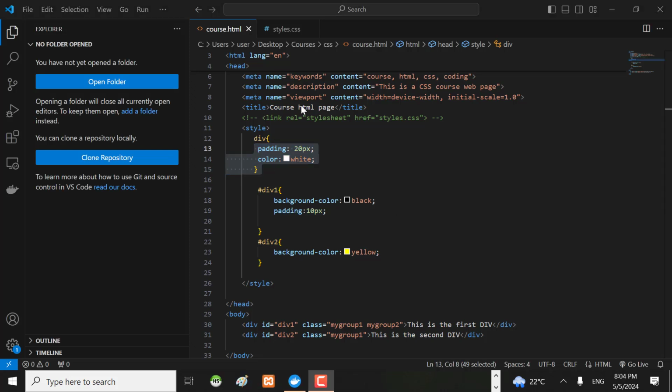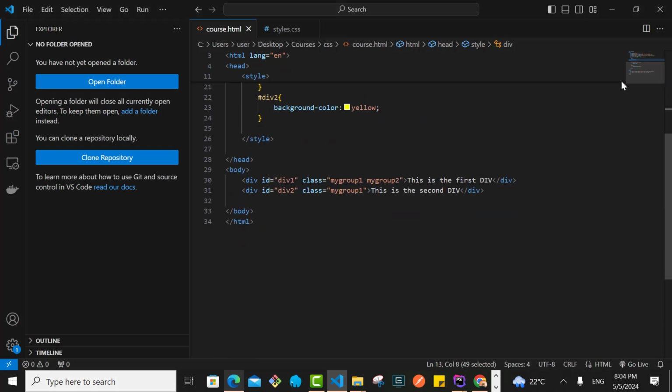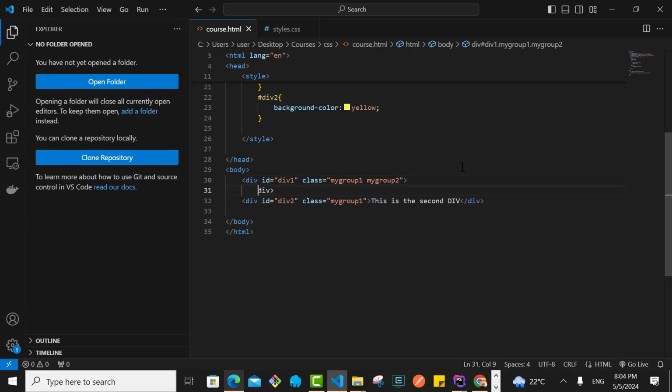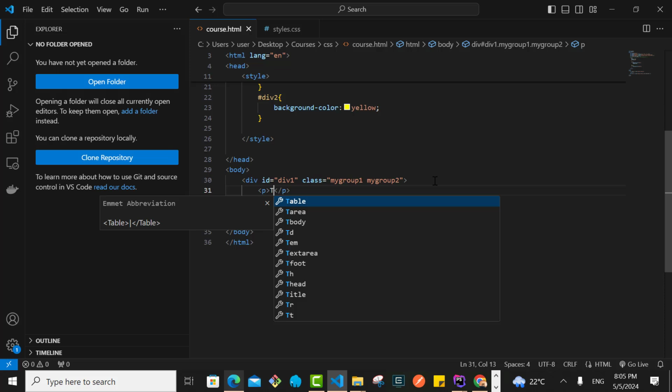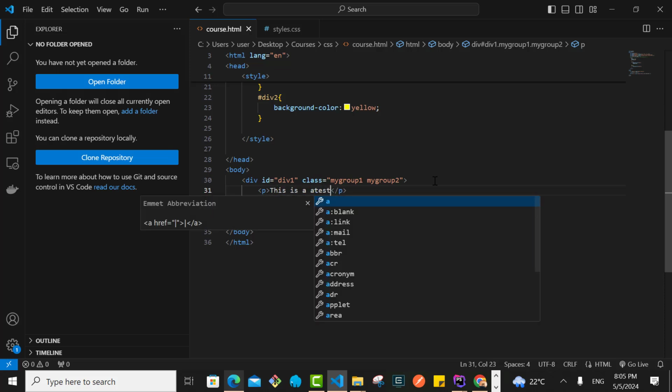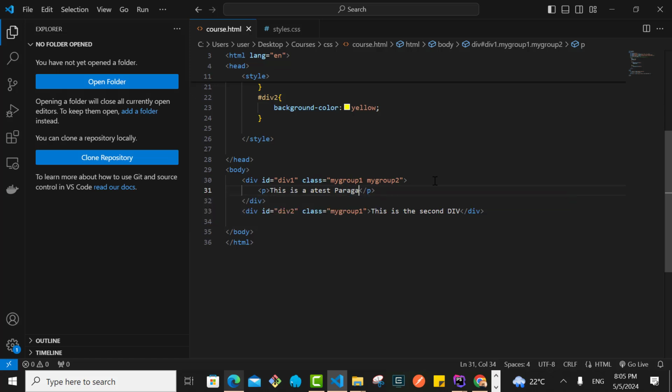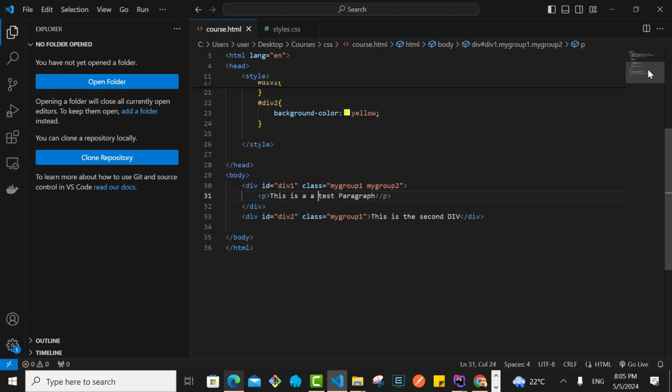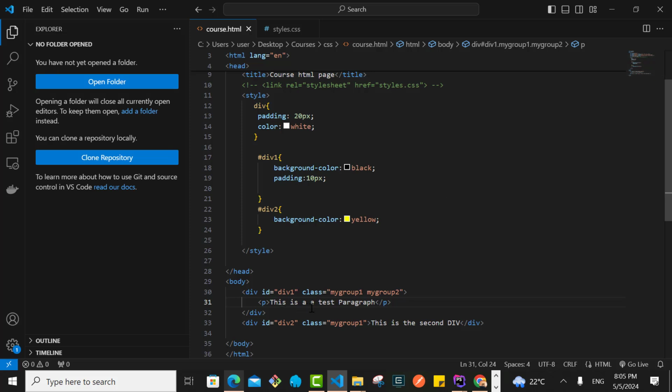The other thing that I wanted to show you is that let us say, for example, we have this div here, and let me just cut this. Then inside this div now, let me create a paragraph here, and then on this paragraph, let me say this is a test paragraph like this. So if I want to format or to style this specific paragraph for div 1, what I can do now is that once I've chosen the div like this down here,